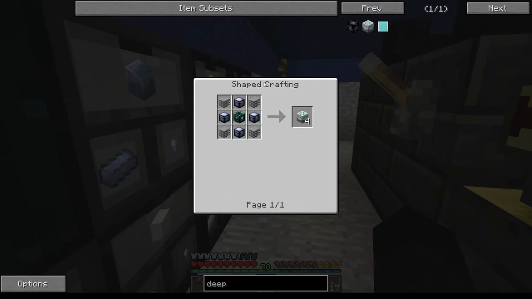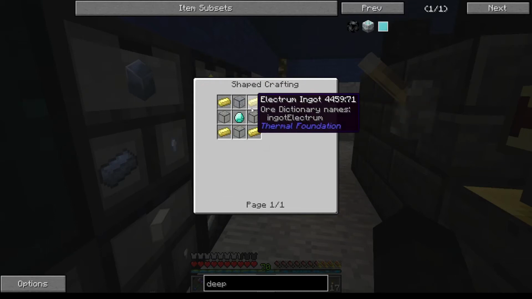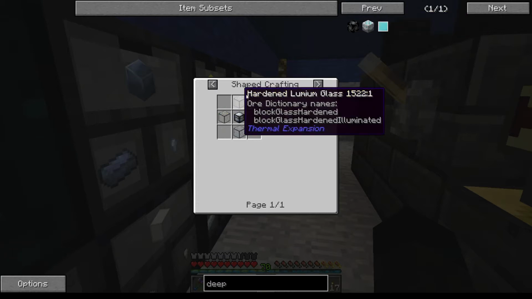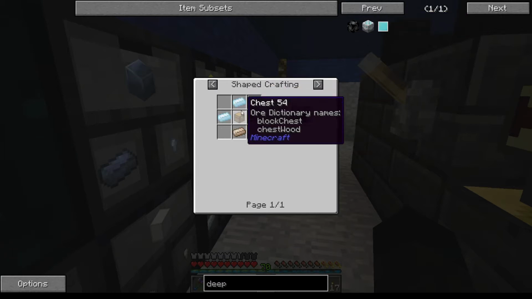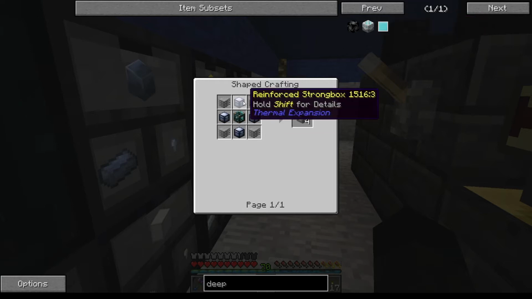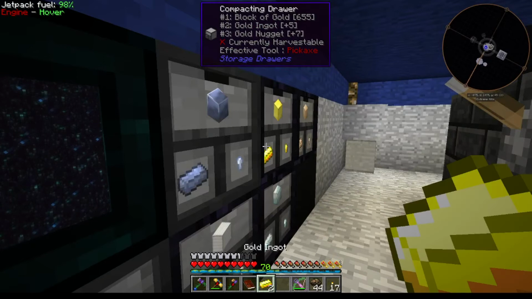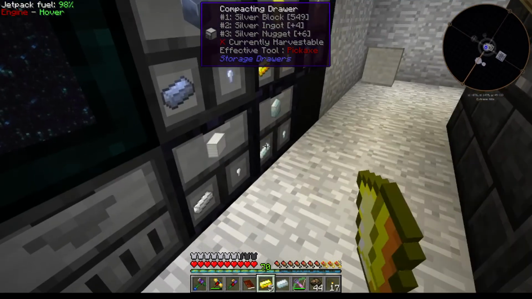While we're at it, let me have a look what else. So we need electrum and enderium. Yep, that's fine. Reinforced invar. That's all fine. I think we're good there. It's just this electrum. So what I'm going to do is stick a...